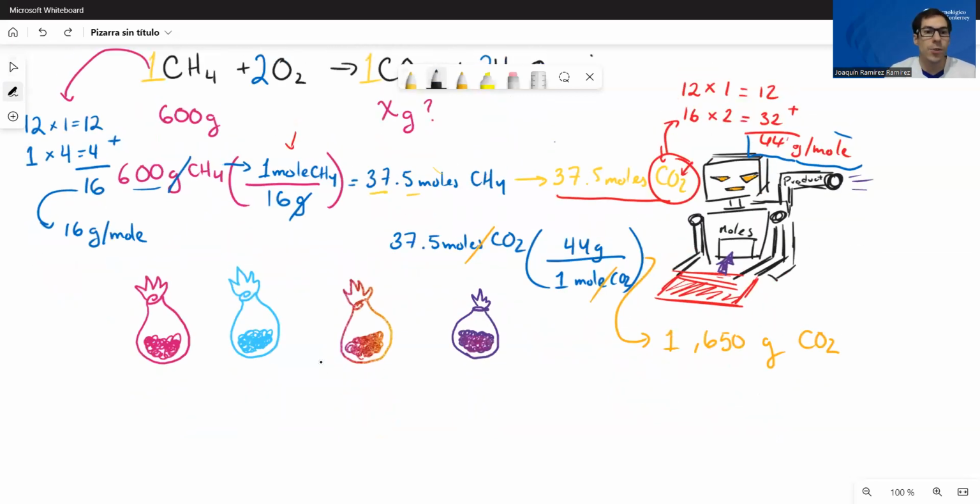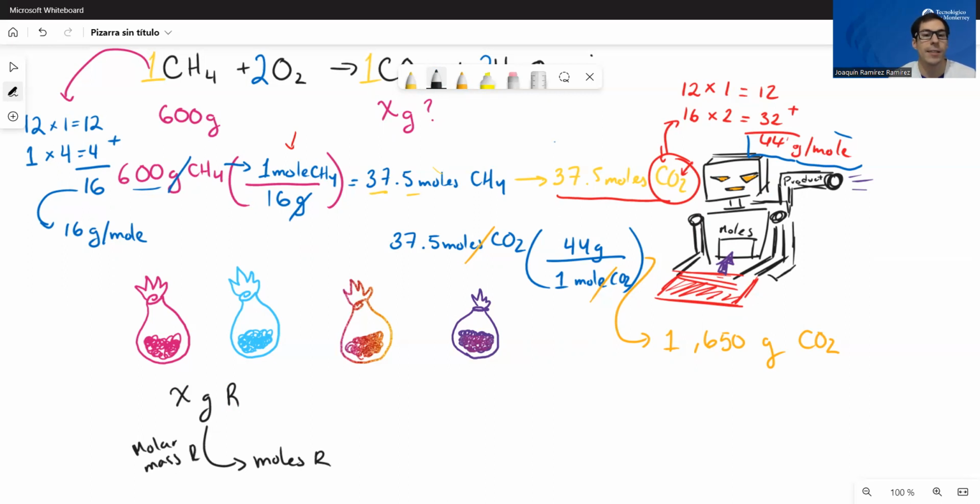So we started with the grams of the substrate, the reactant, sorry, I'm an enzymologist, so I'm used to talking about substrates, but yeah, they are the reactants. So we took a certain amount of grams of the reactant, okay, and we converted to moles of that reactant. For that, we use the molar mass